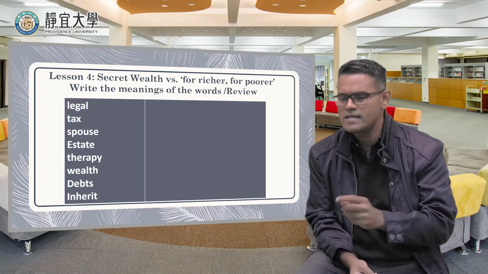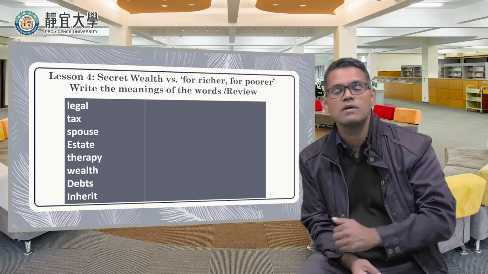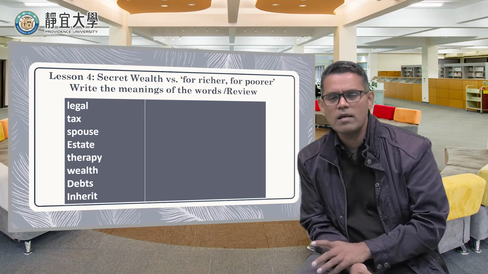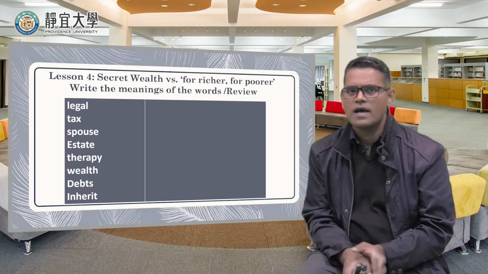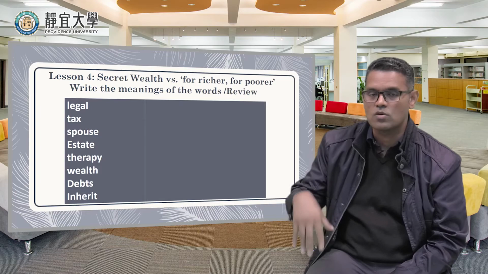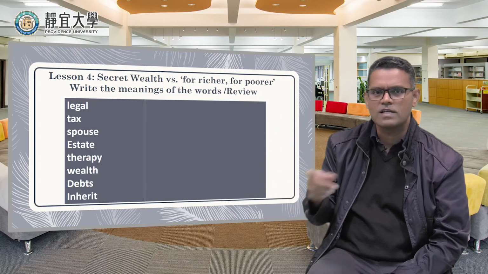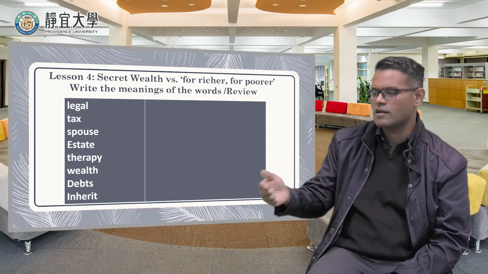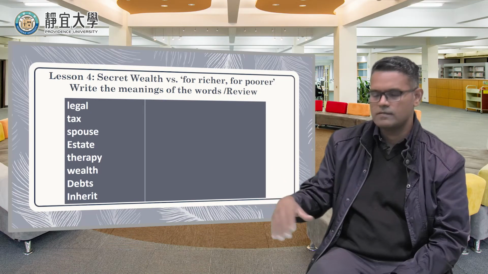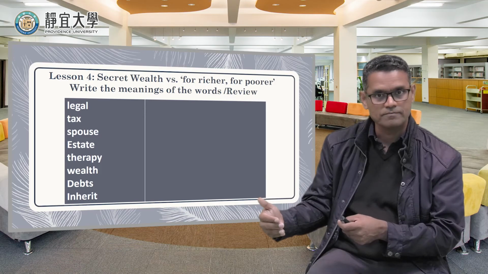And inherit. How about inheritance? So again, say a few words about inheritance. And see whether you are able to make sentences. And if you're not able to make sentences, again, don't worry, you have to practice it. So you read one more time. You read that particular paragraph that talks about debts, or the paragraph that talks about inherit or inheritance. You read it, and then you try to talk about it. Don't look at it.